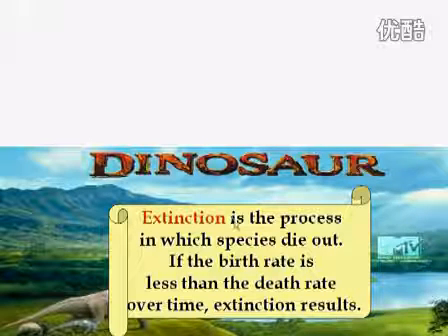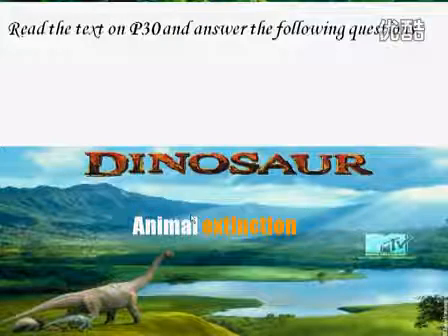Extinction is a process in which species die out。在这个过程当中，物种就会消失灭绝。所以这篇文章 animal extinction 一定是讲的某一种或某几种动物的灭绝。那好，我们来看一下。